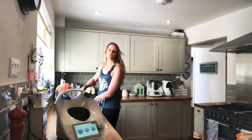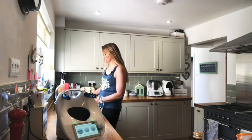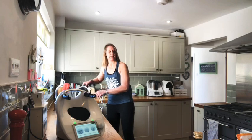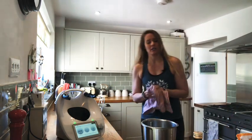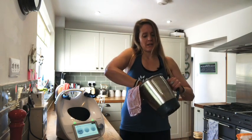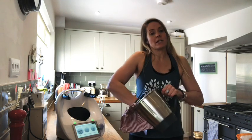So all you have to do is put some water in, and if you want to, a tiny dot of washing up liquid, and then you basically put it back on the Thermomix, select the pre-clean option, and then it will determine how long is required for it to be cleaned. So that's quite incredible. But the other option, as you can see, is just to give it a rinse